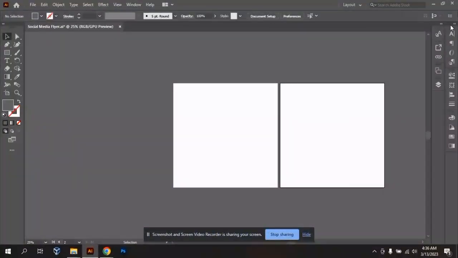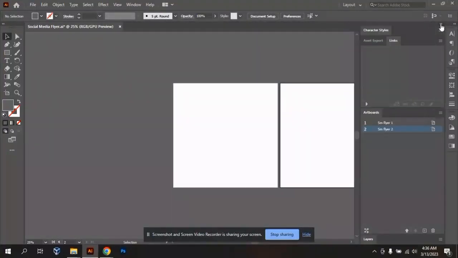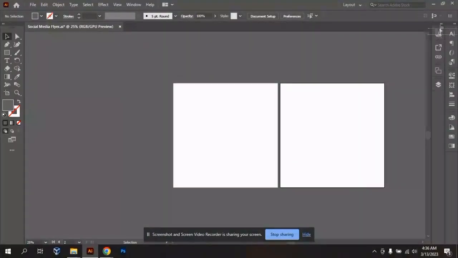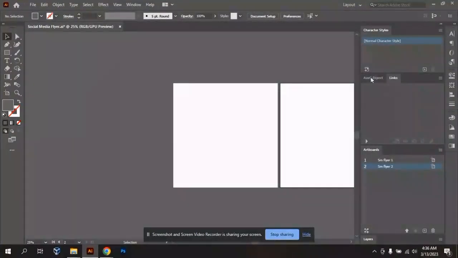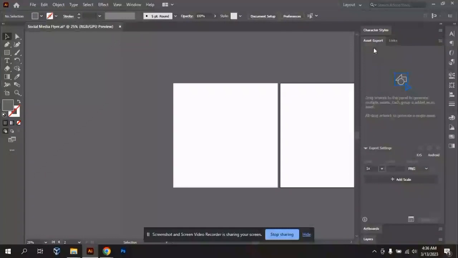Good. So now let's take a little preview of the layout. Let's start with our panel area. What are those things that we need in panel area as a graphic designer? We need our character style area, so we are going to leave it there. Then we also need our asset export link, because